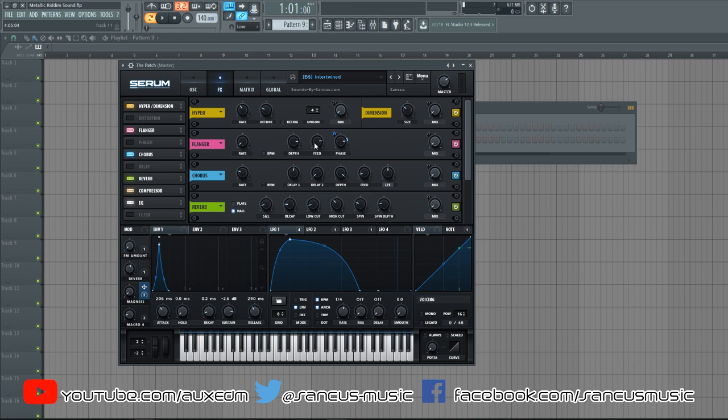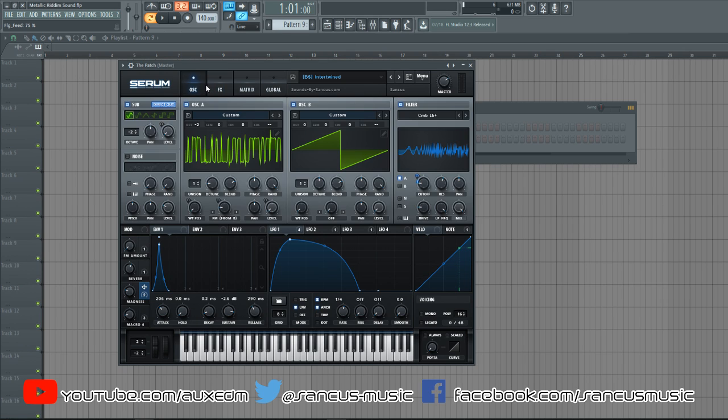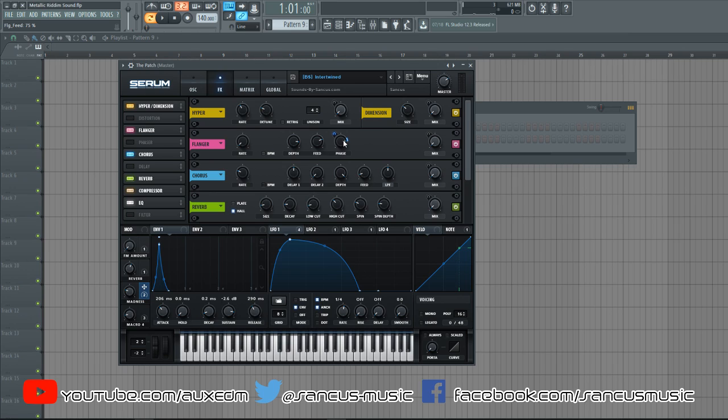Because we have a lot of feedback in this filter here, in this flanger. So that's just turned down a little bit less. I'm mixing in with the comb filter here, and again the phase is going to get us different pitches from this feedback. And I kind of like how that all comes together.